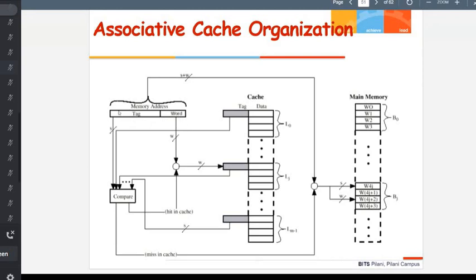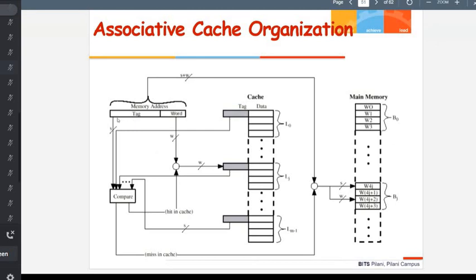So the memory address coming from the processor will be compared, as in a comparator, with all the tags present inside the associative cache. Direct mapping says that one block will be assigned to one cache line in a consecutive, sequential manner, like an array, continuous memory allocation. Associative mapping says, I don't care where you stay, you're free to stay anywhere, like a linked list. In that scenario, since DSA was quite clear, it can go anywhere.